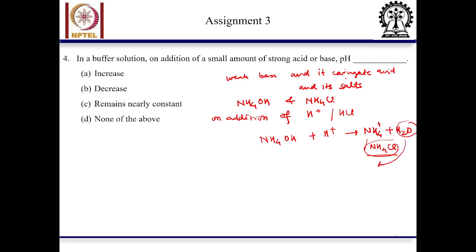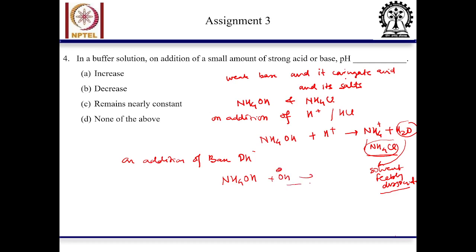Water is again a solvent and it is feebly dissociated, right? So it will also not change the pH much. Now what will happen on the addition of the base, like OH minus, right? So suppose we have this ammonium hydroxide. If we add OH minus ion,